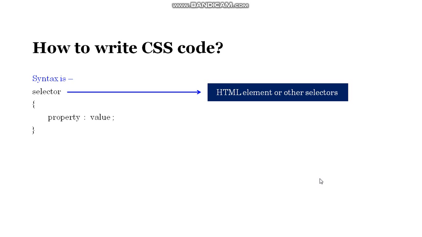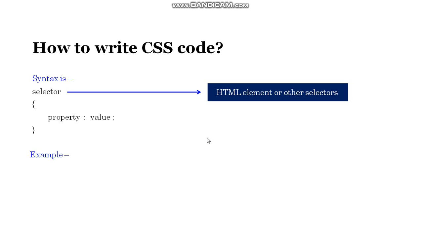So next one is the property. This property is any HTML element attribute like color, border, font size, etc., and some values will be assigned to that property. So let's clear it with a little example. Suppose we want to change the appearance of all the paragraphs in our web page.